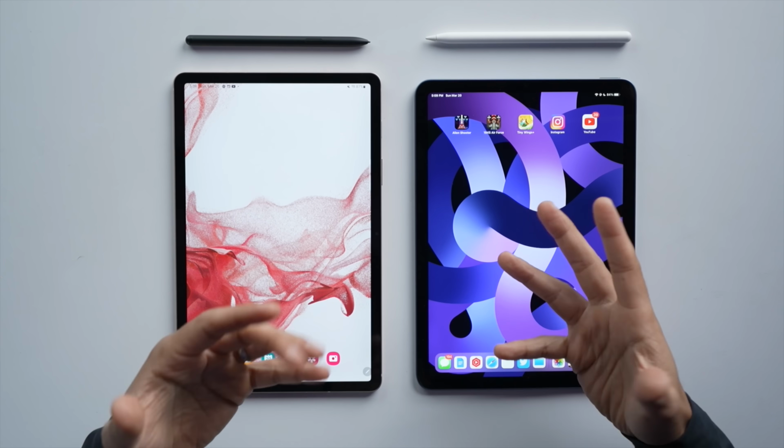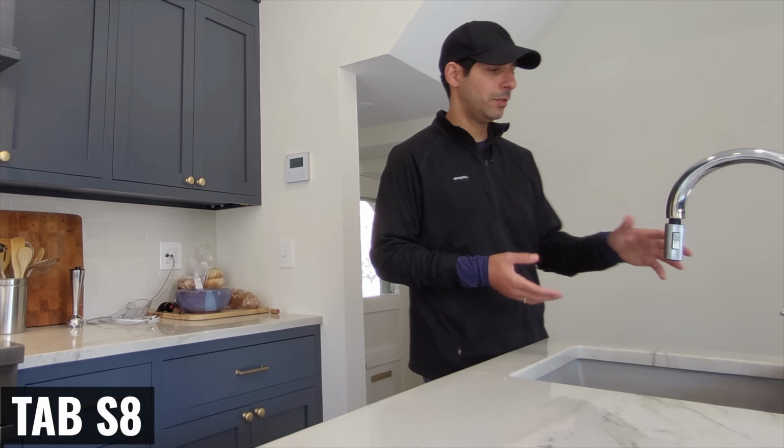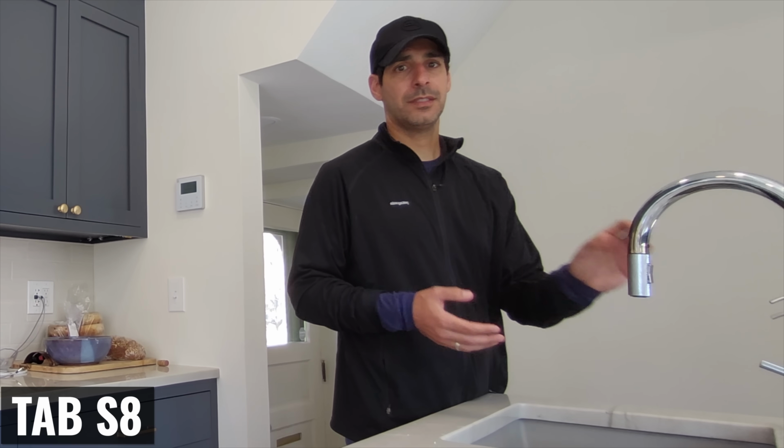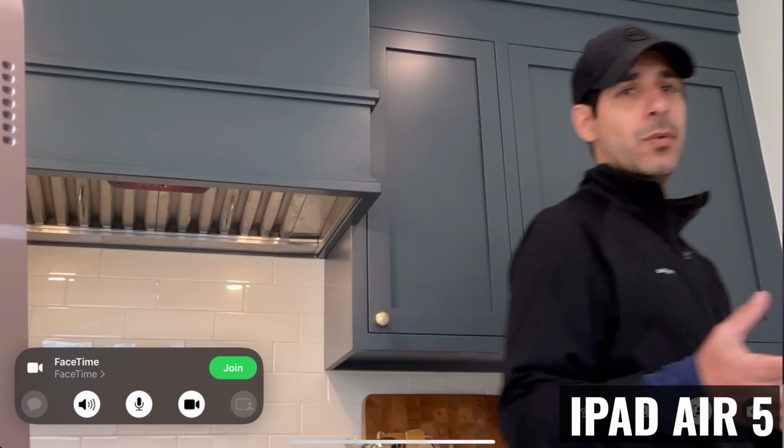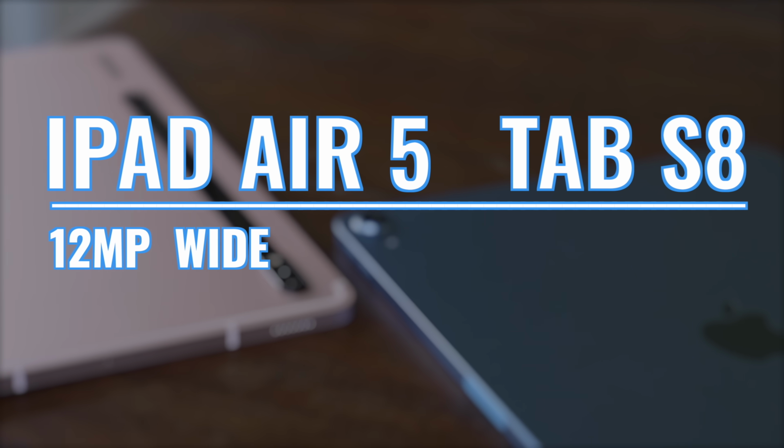Now both tablets also have a feature where the front-facing camera can track and follow a subject as it moves around the frame. And then they can zoom in and out to keep it properly framed. Apple calls this feature Center Stage, and Samsung calls it Auto Framing, and Apple's implementation offers smoother dampening and tighter framing. Now moving on to the rear-facing cameras, the iPad Air 5 has a 12 megapixel wide camera, and